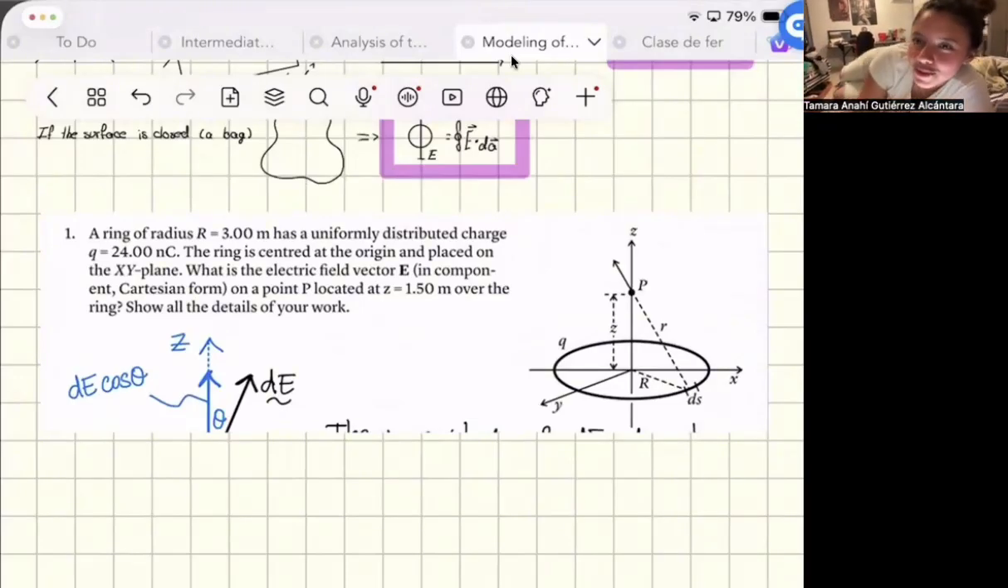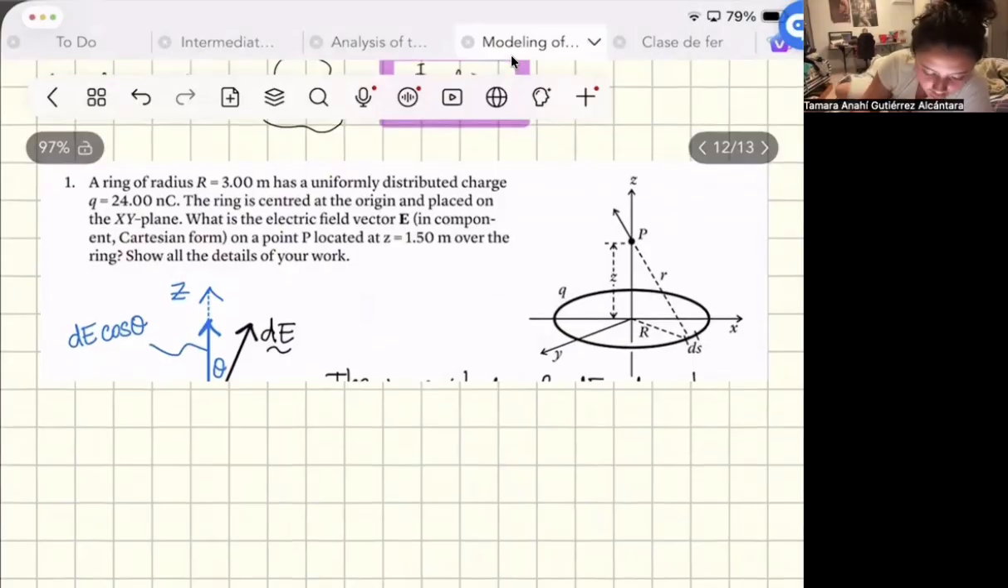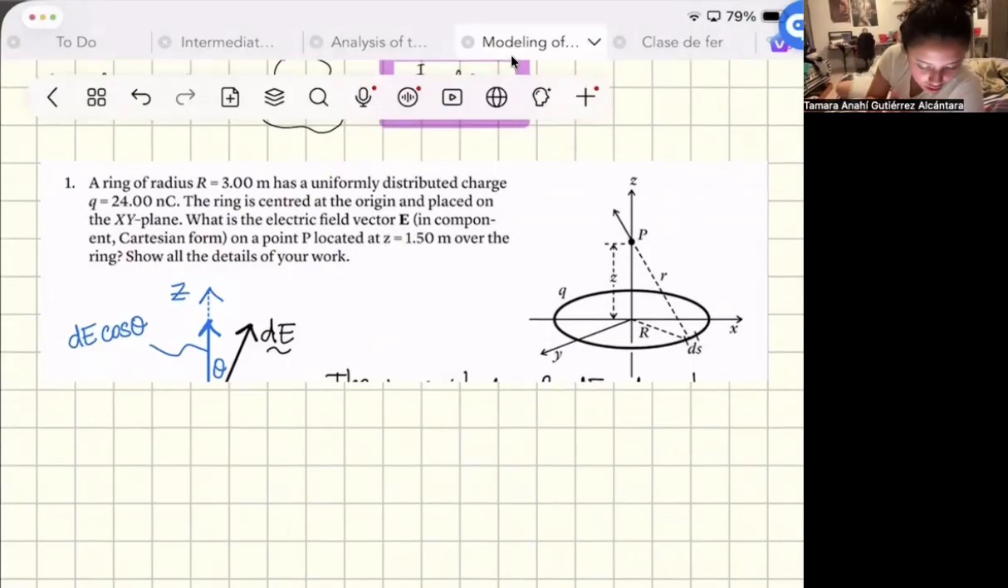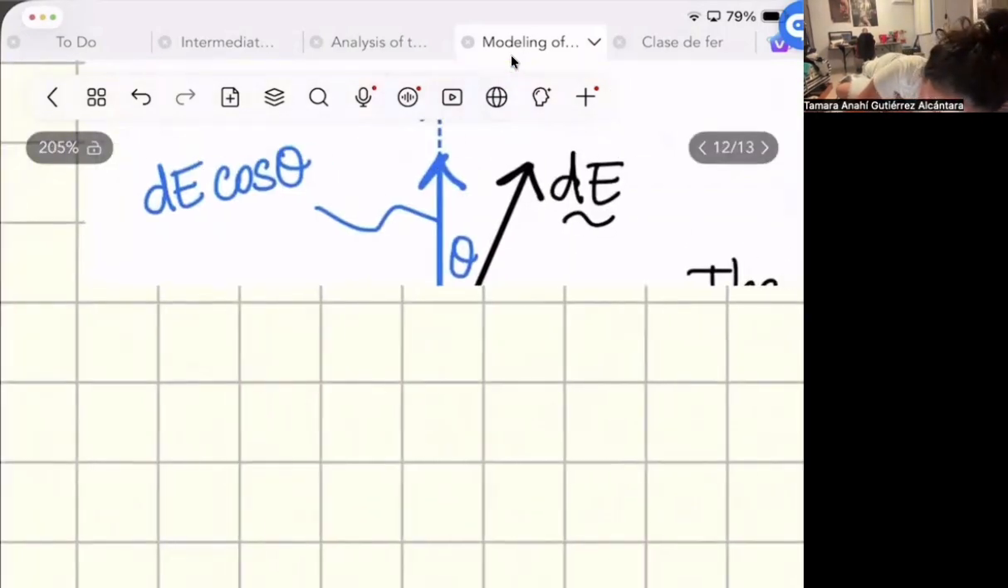We have this problem, okay? We have a ring that has a distributed charge, and we want to find the electric field at a point on the z-axis. So we want to take a small piece of the ring with a charge dq. So the electric field produced by the small piece is dE